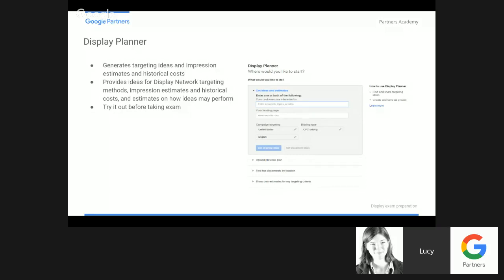So the display planner allows you to plan out a display campaign, and it's very much like if you've used the keyword planner before, but for display campaigns. And it gives you ideas about where you might want to show your ads. It gives you ideas about various different options of where your ads can run, bids you might need to pay, how much traffic you're going to get, and will help you